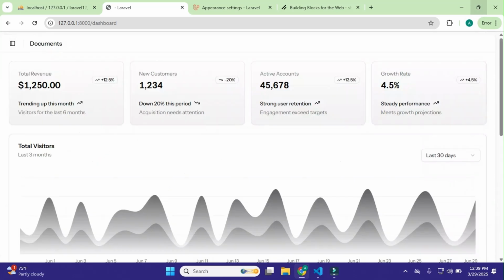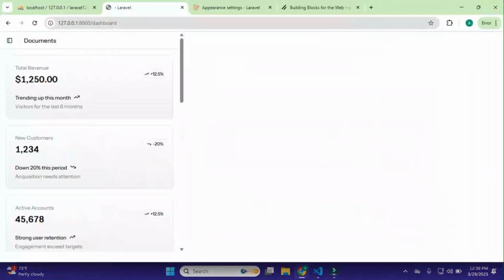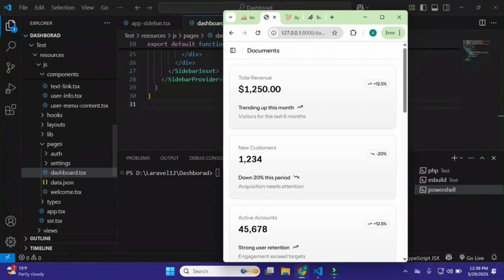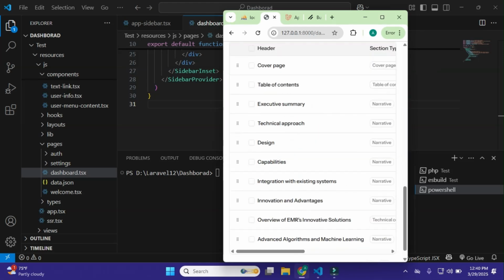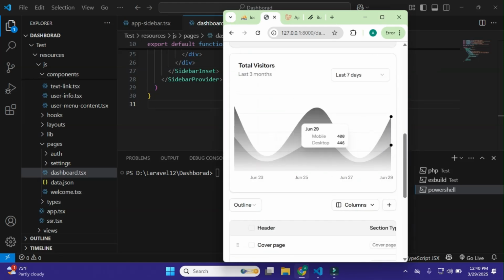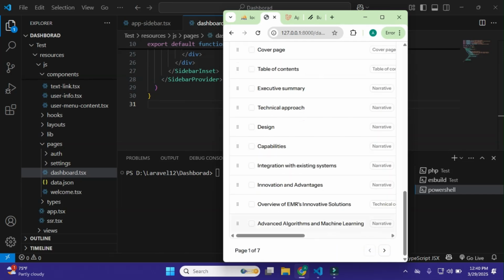And one more thing, it is completely responsive. You can see here also when I open that sidebar, it opens here, and it also customizes all the charts, each and everything. So that's great, amazing.